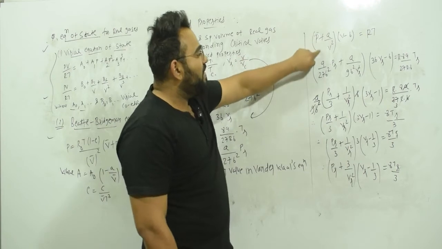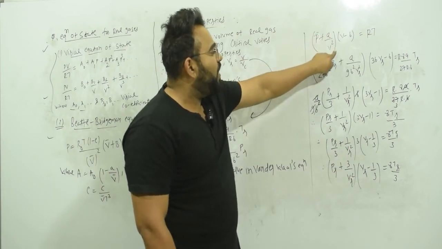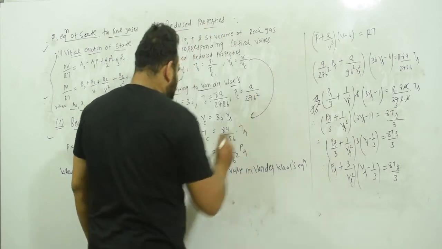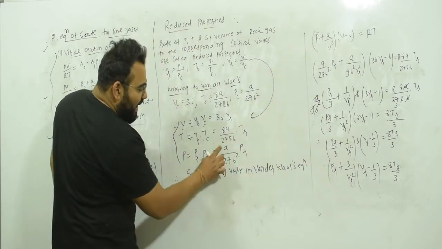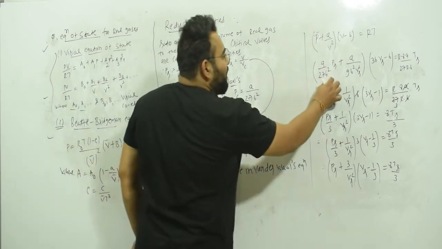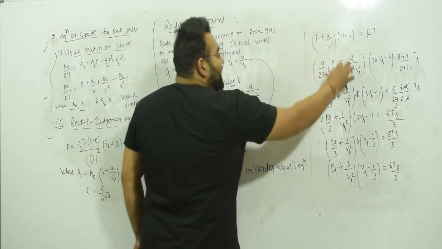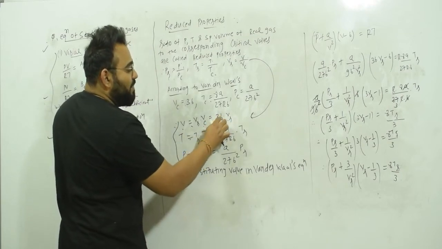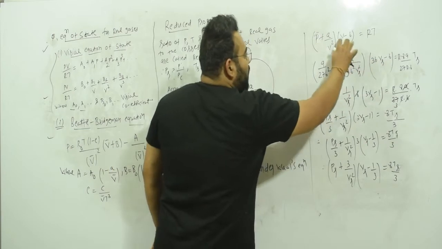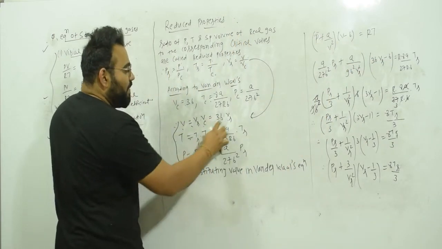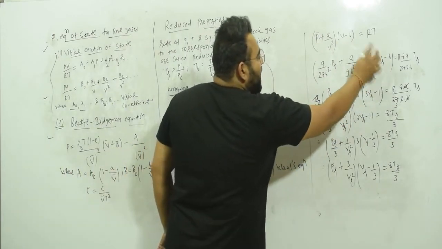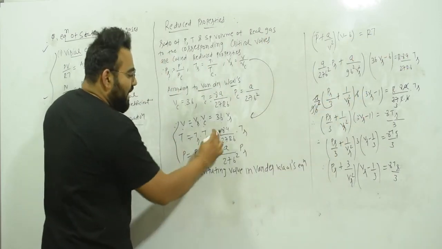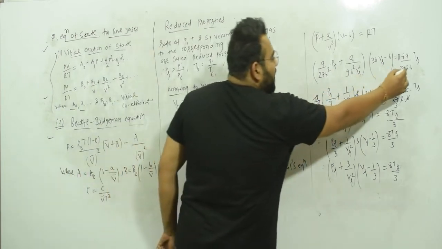We know that our Van der Waals equation is something like this: square bracket P plus a by V square, square bracket V minus b equal to RT. So what we are going to do is put all these values. In place of P, I will write a upon 27b square into Pr. Now plus a as it is. In place of V square, 3b dot Vr, so this square will be 9b square Vr square, square bracket. In place of V, I will write 3b dot Vr. So here you will have 3b dot Vr minus b, as it is, equal to capital R as it is. In place of T, I will write 8a upon 27Rb dot Tr, which is already over here.